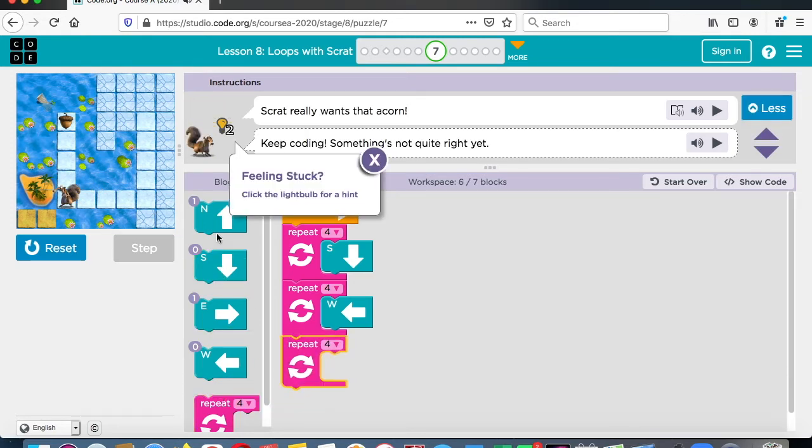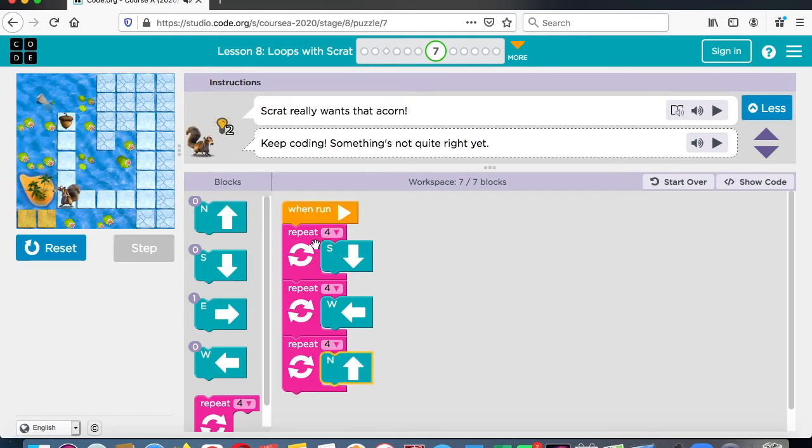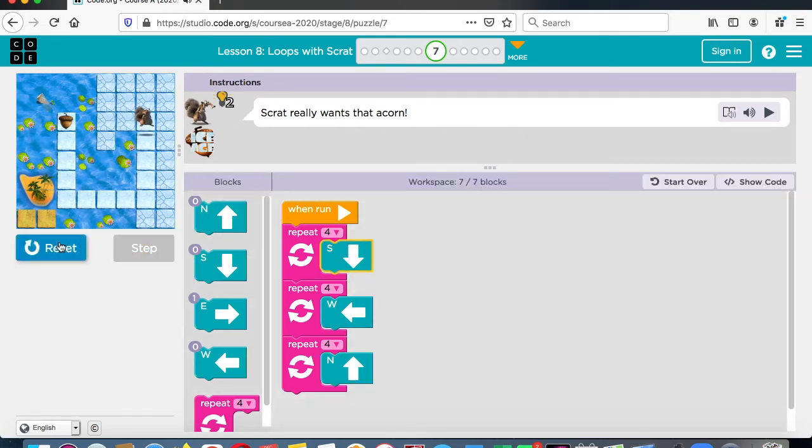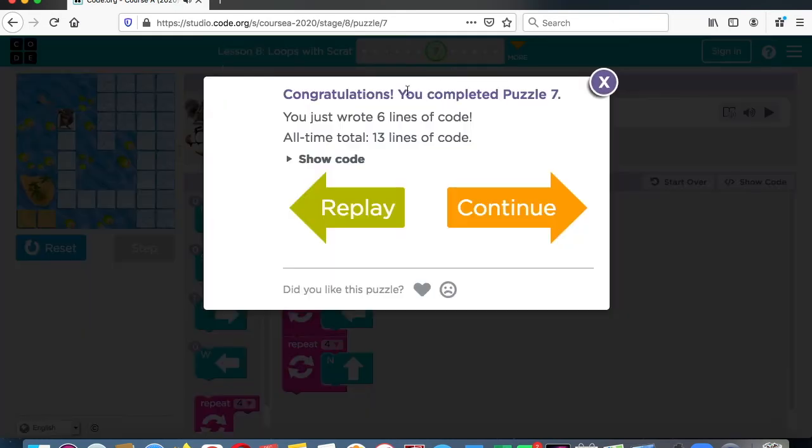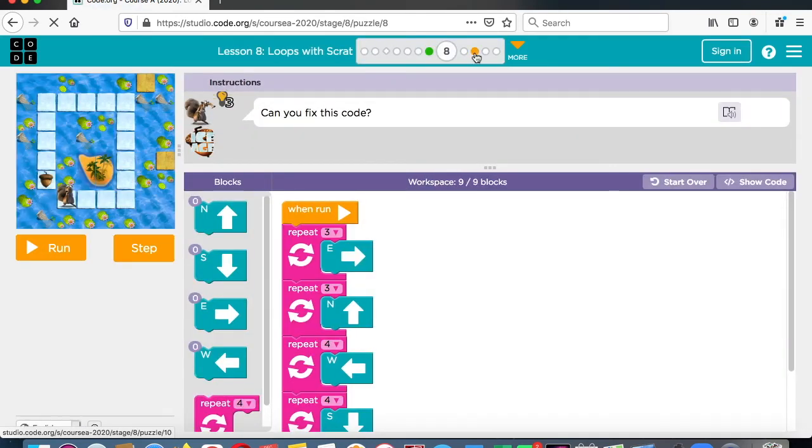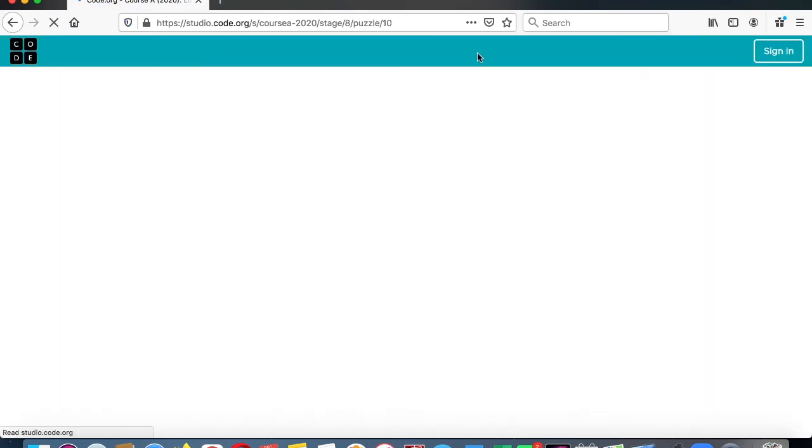Okay, so sometimes you can have loops after each other. So we have a loop here, another loop, and another loop. So these are 3 times with our loops. Okay, so we'll look at another one together, and I'm going to skip to number 10, which is a challenge